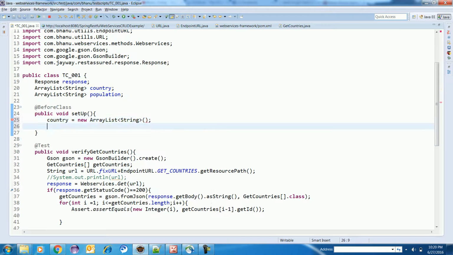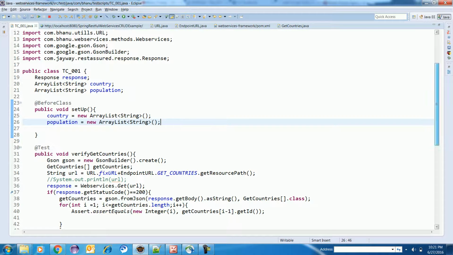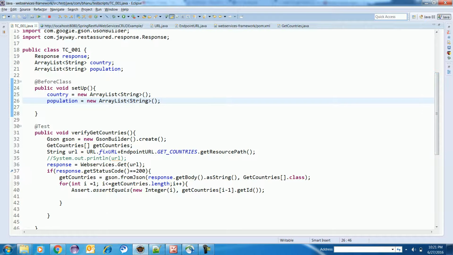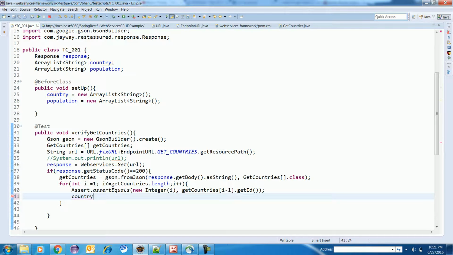Now I am just creating the object of the array list in my before class. Sorry, it should be array list. Now this is done, I have created the object. Now for the country, I will store the country here.